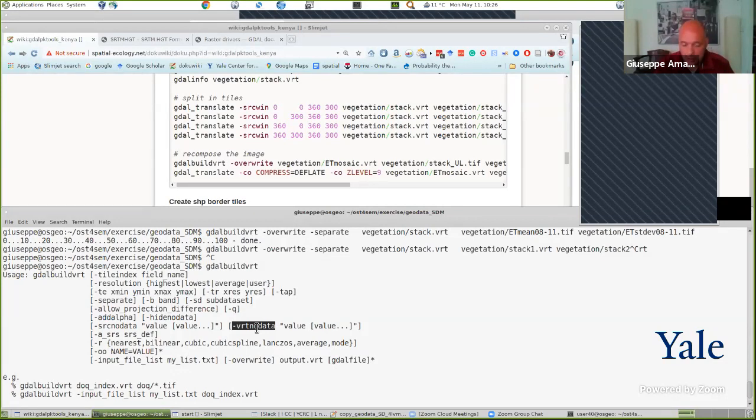Something that it does not allow is different projections, of course, because they have to have the same projection, since they need to be located in the same location of the Cartesian system that you are using. And actually, you will receive a warning if you try to build a VRT with different projections. You will get a message that the datasets are not in the same projection, so it cannot be done as a VRT. So you can try, and try to use the VRT as much as possible,